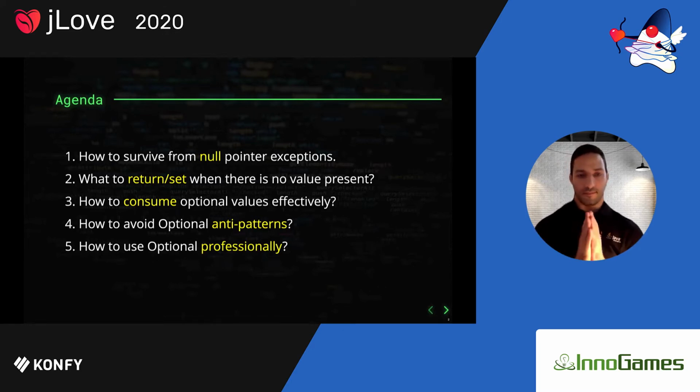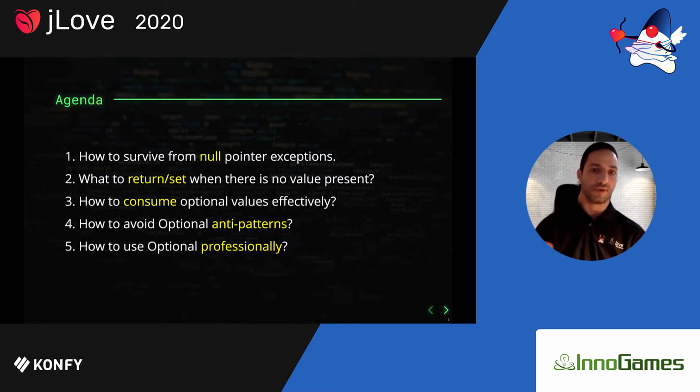Sometimes people use Optional, and we definitely use it with streams and lambdas so much, but we don't know how to use it effectively and why it exists. Why was it added to Java 8 up front? Why do we need it? I will give you a hint about this. So let's go through each category of these questions and answer what people were asking and what I have seen during this